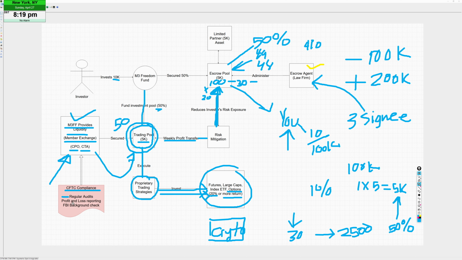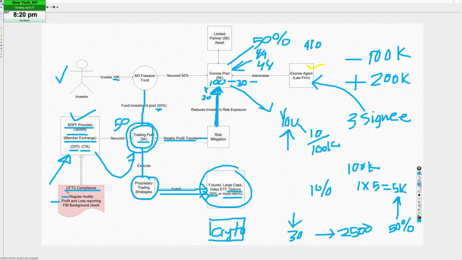And also, part of this governing body is that they require us to produce profit and loss reporting to them on a monthly basis. So everything is open to the public once we are in this fund. All of you as investors will see that information, because it's audited reporting that we have to provide, and it's public information.